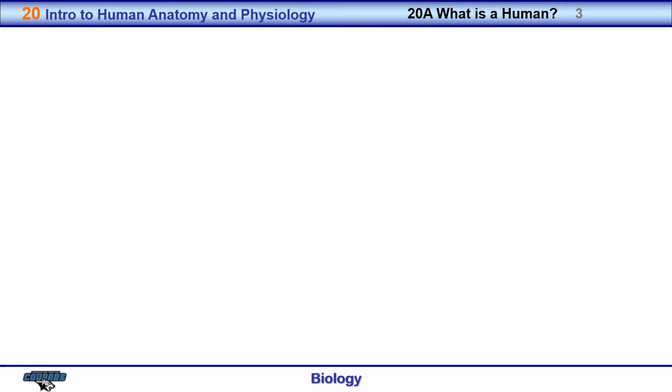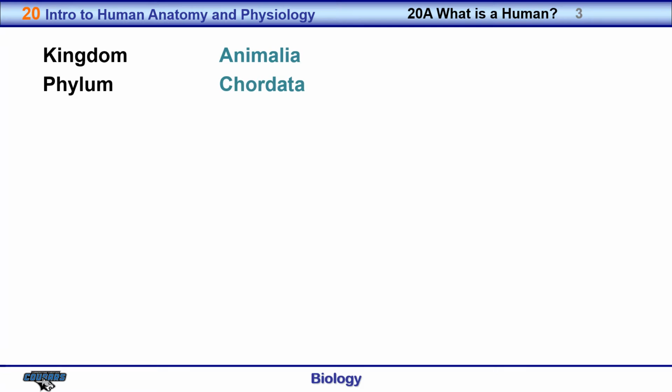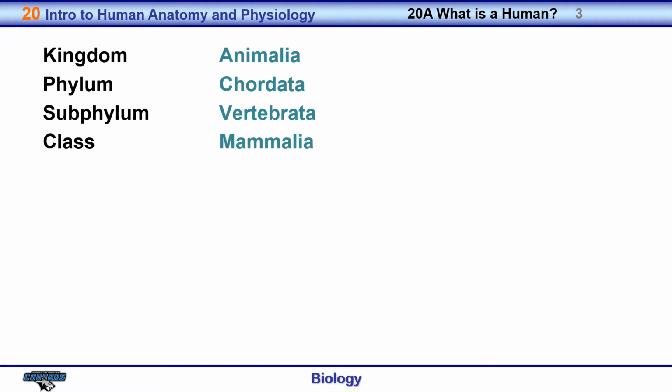So where does man fit in our modern classification of living things that we've learned already so far this year? Well, first of all, man belongs to the animal kingdom. He is in the phylum Chordata. That means he has a nerve cord. The subphylum Vertebrata, we have a backbone. Of the class Mammalia,